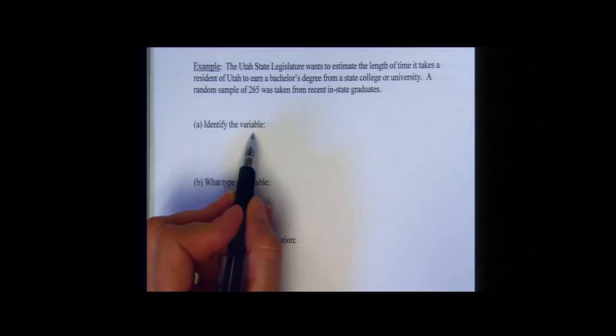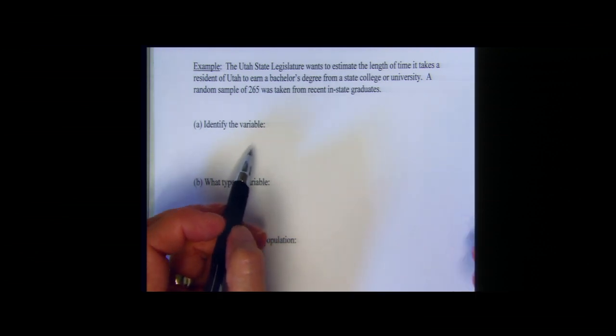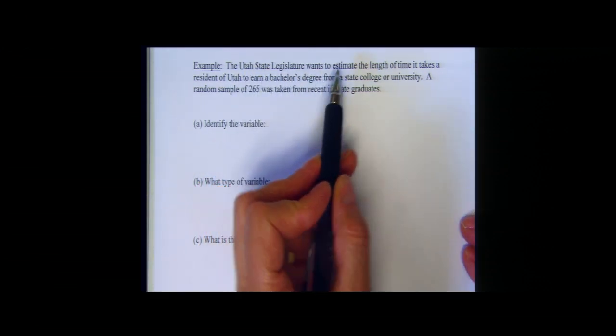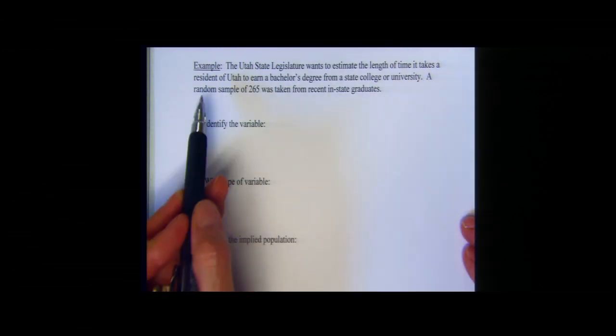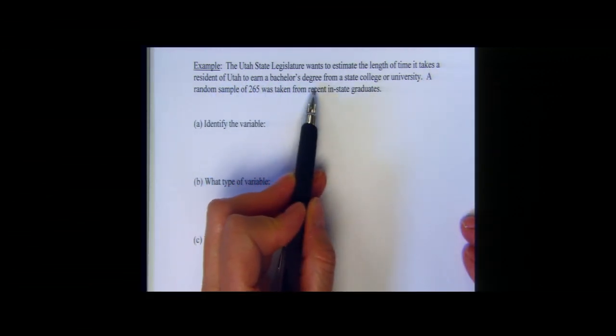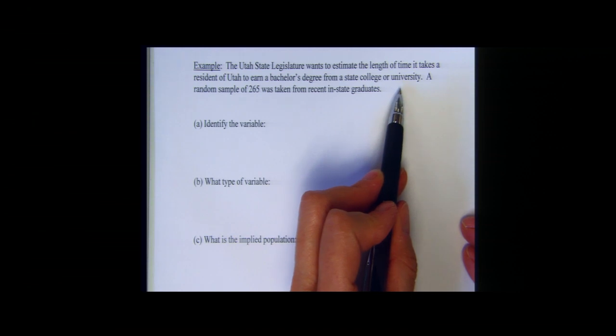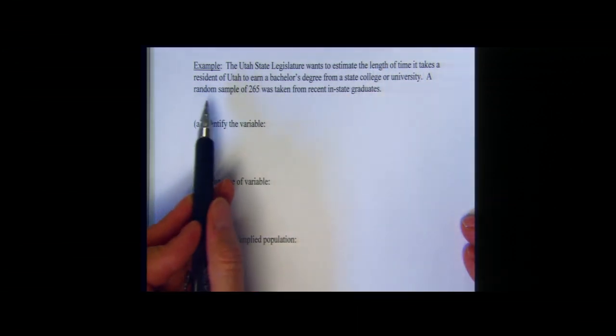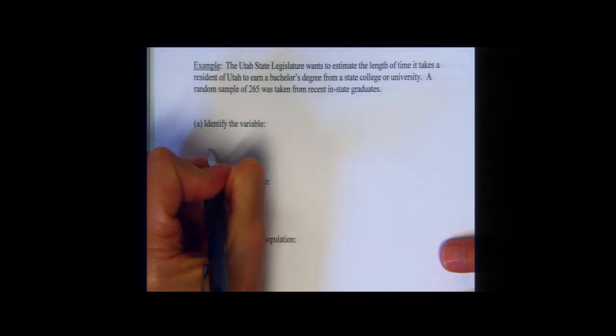Okay, so the first thing that we want to do is identify the variable. So in essence, that is what is being measured? What is the question being asked? I read through that once, but I need to read it again. The Utah State Legislature wants to estimate the length of time it takes a resident of Utah to earn a bachelor's degree from a state college or university. So what they're gathering and what they are asking is basically the length of time it takes to earn a bachelor's degree. So the variable being measured is